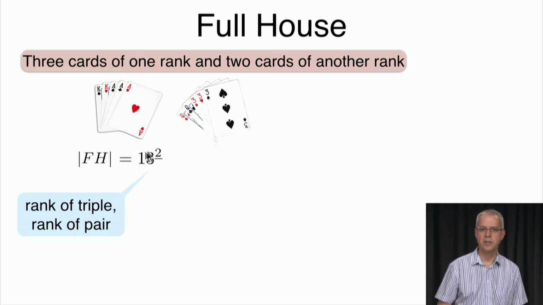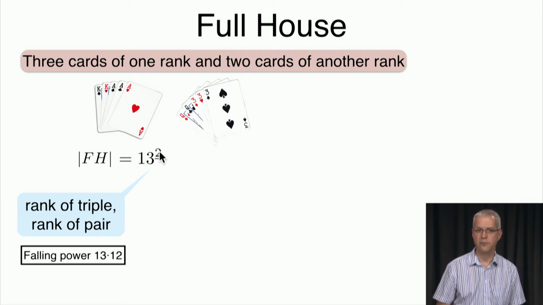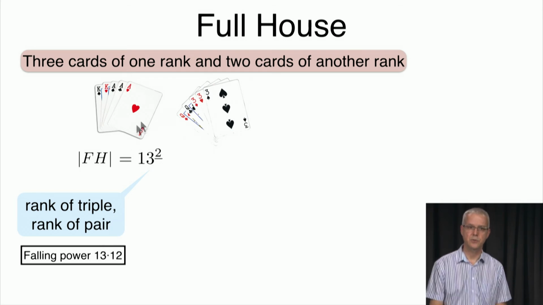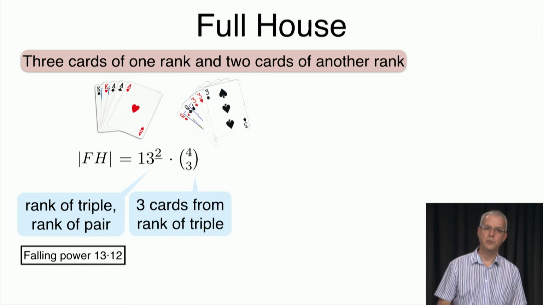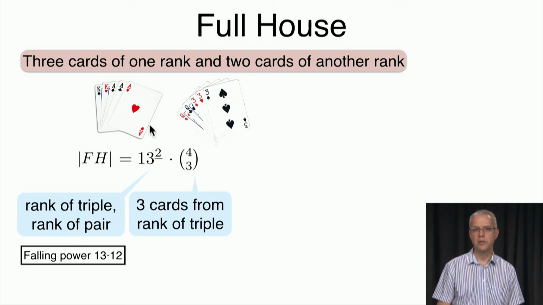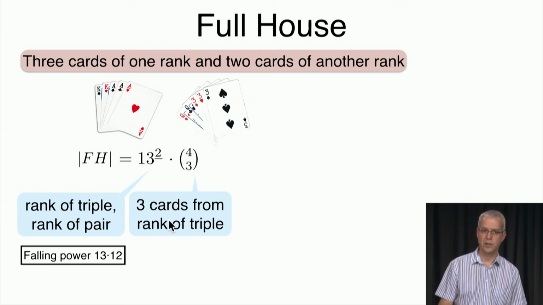It's 13 to the second falling power. So recall that this denotes 13 to the second falling power, in other words, 13 times 12. That's because we have 13 ways to pick the rank of the triple. And once we pick the rank of the triple, we need to pick the rank of the pair. We have 12 ways of doing that. And then once we pick the rank of the triple and the rank of the pair, we need to pick the 3 cards of the triple, and we have 4 possibilities for the triple. For example, here there are 4 aces that we could have chosen from, but we need to choose 3 of them. So there are 4 choose 3 ways of picking which 3 cards are in the hand from the triple,